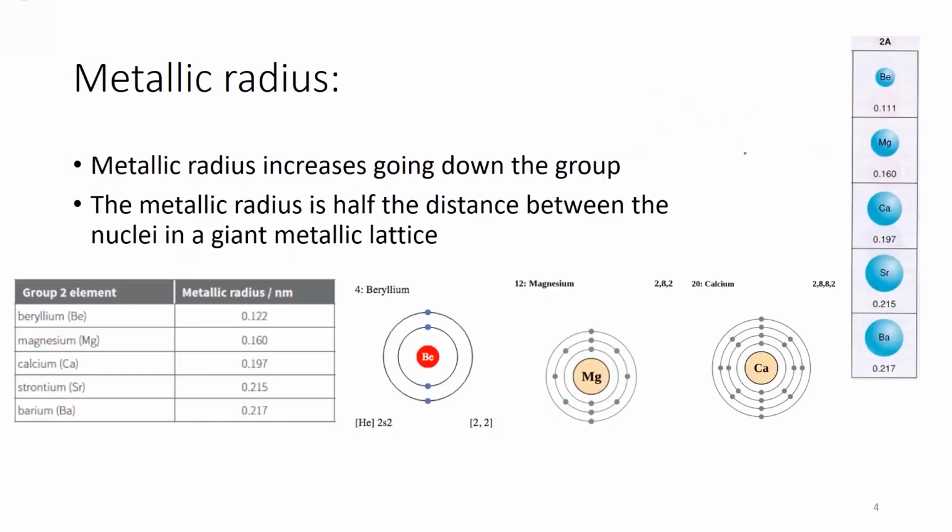Now, moving to the metallic radius trend down group 2, you could see that I'm increasing the atomic radius, and the reason behind that is that moving down the group, I'm increasing the number of shells. So here I have the second shell, and valence electrons are located in the second shell. Here I'm increasing to the third, then the fourth. So I'm increasing the distance between the positive nucleus and the valence electrons, and this will decrease the attraction between the positive nucleus and the valence electrons, leading to the increase in the atomic radius. Here I have the metallic radius values, and you could see it just increased down the group.